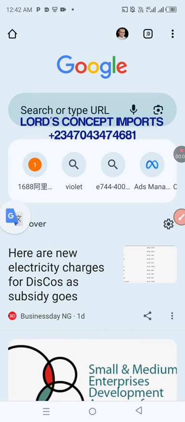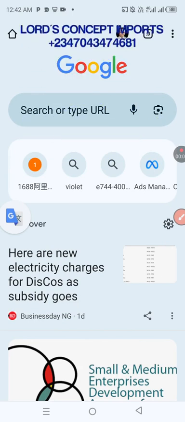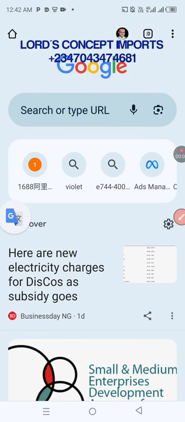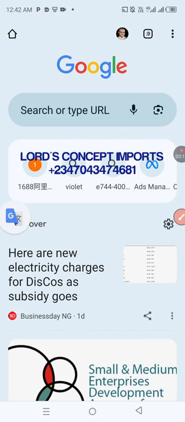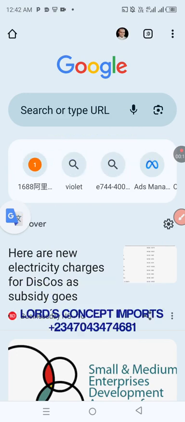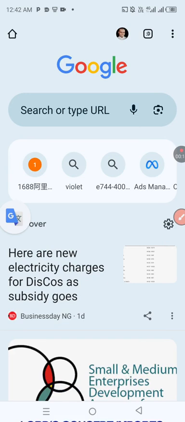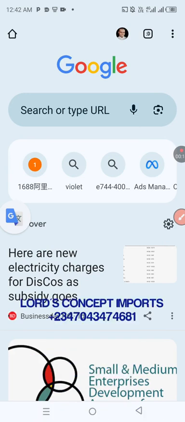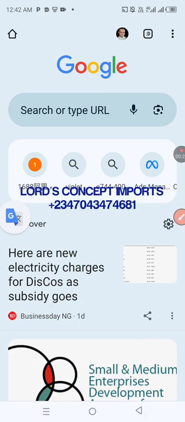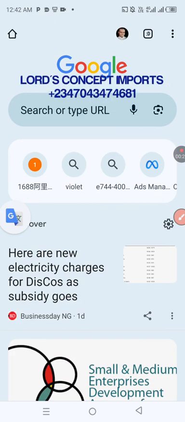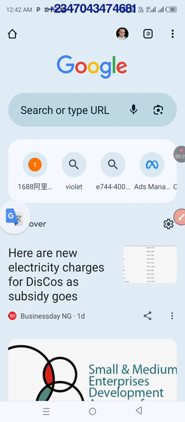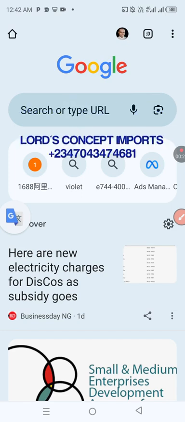Alright, now guys, in this particular video we're gonna be looking at how to use Google Translate to search properly on 1688 website. So you're gonna open your Google Chrome, and when you open it, on your search bar you will